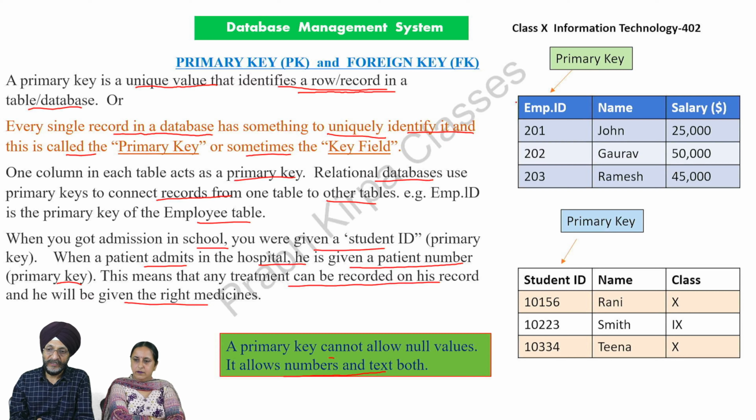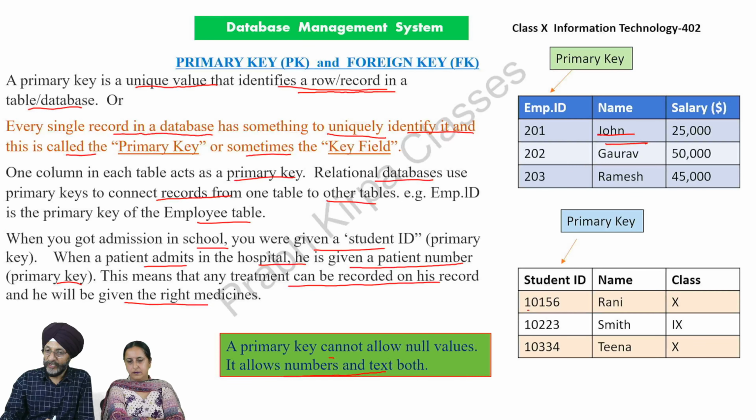In case we want to identify which student has not paid the fees, and suppose there are three Johns in a school, if we point out that John has not paid the fees, it will be very difficult for us to identify from whom we are to get the fees. So in order to solve this problem,